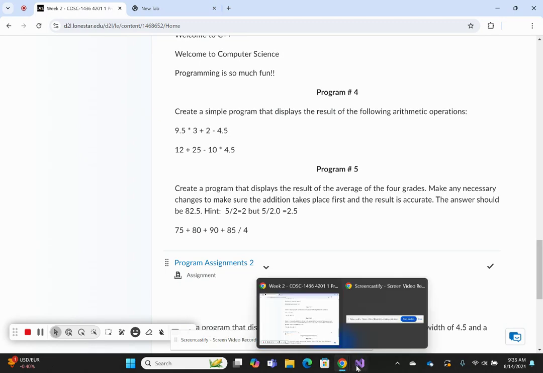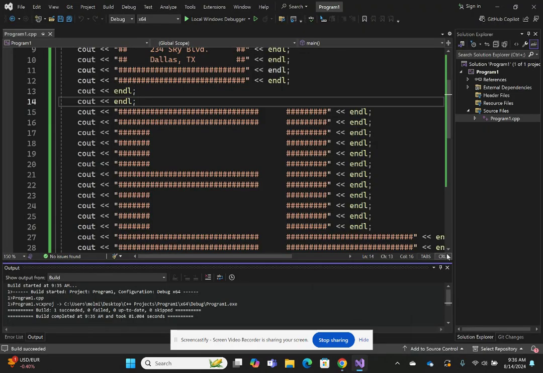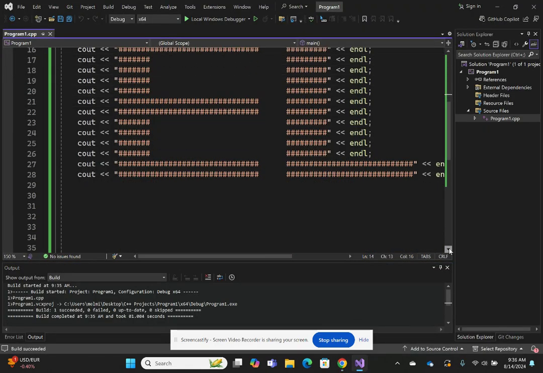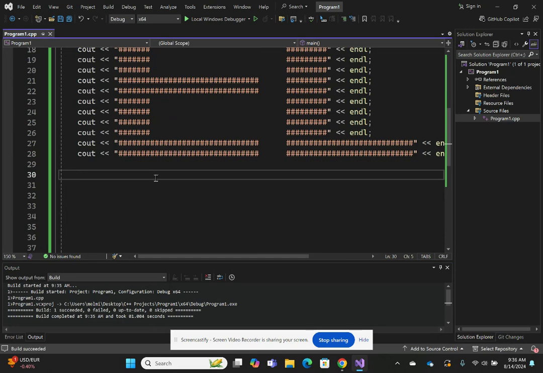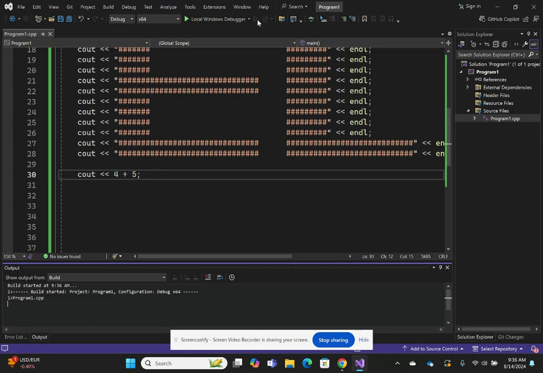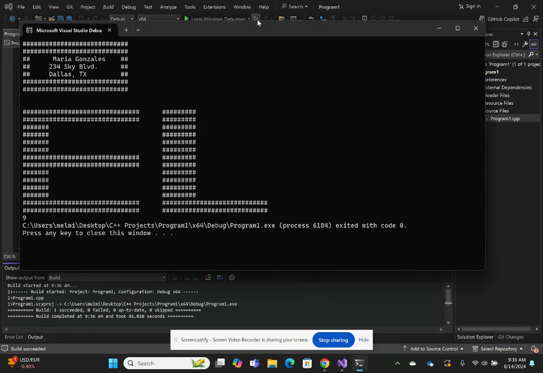So I'm going to give you an example here of the operations that we use normally in C++. You can do all kinds of operations. So I can put, for example, 4 plus 5. That's going to give me 9, just like a normal calculator. So you see, it's 9 in there. I can use